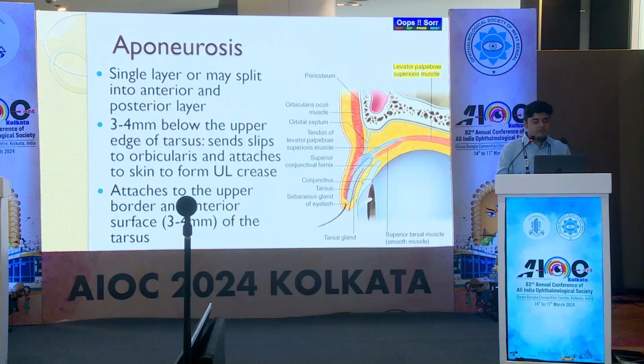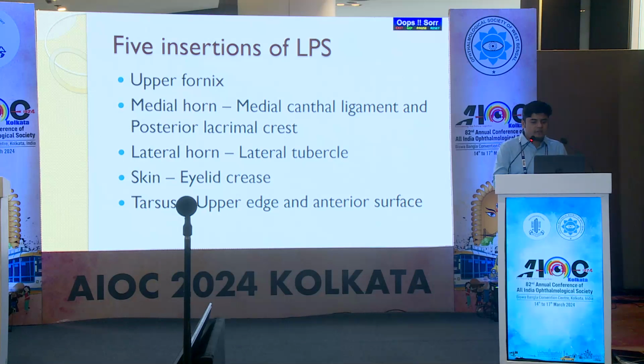And the aponeurosis might be single layer in Caucasians or may split into the anterior and posterior in Asians. It inserts 3 to 4 millimeters below the upper edge of the tarsus and also sends slips to the orbicularis and attaches to the skin to form the upper lid crease. Thus, the 5 insertions of the levator are at the upper fornix; the medial horn inserts to the medial canthal ligament and lacrimal crest; the lateral horn inserts to the lateral tubercle; the skin insertion causes the eyelid crease; and the insertion to the tarsus forms the upper edge and